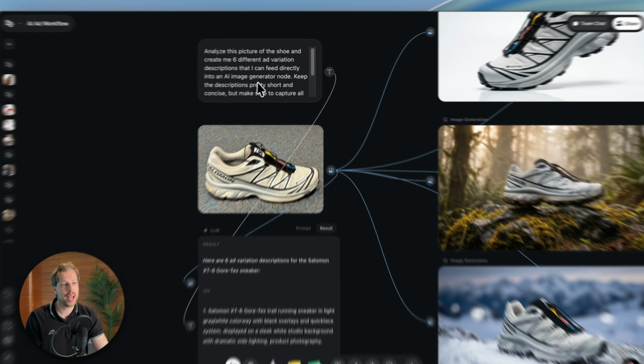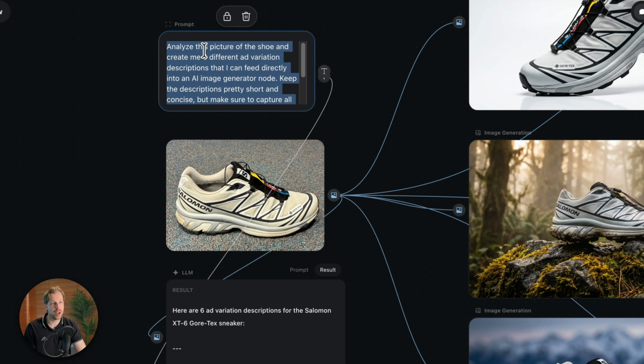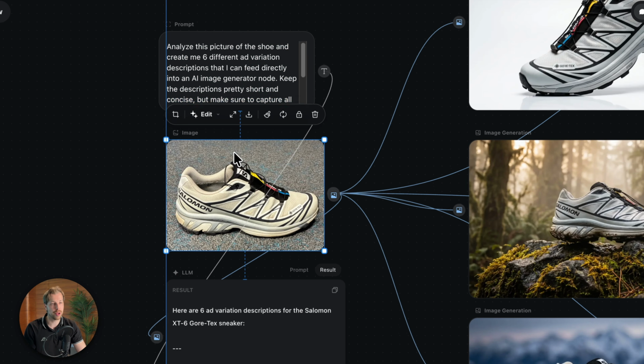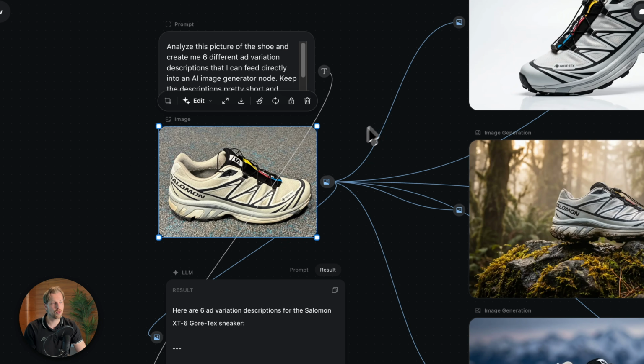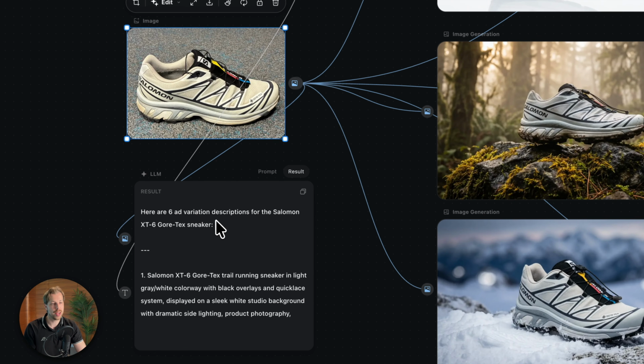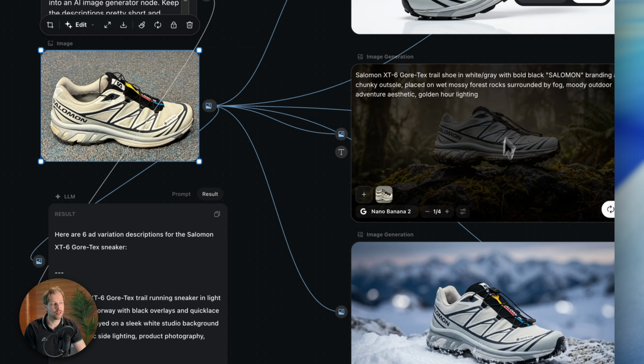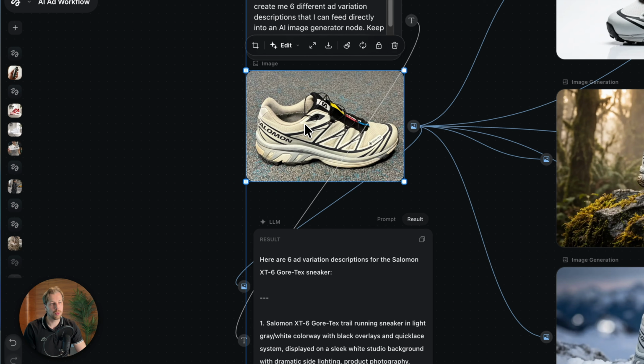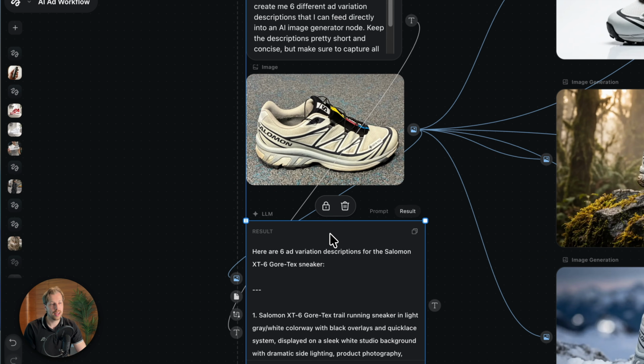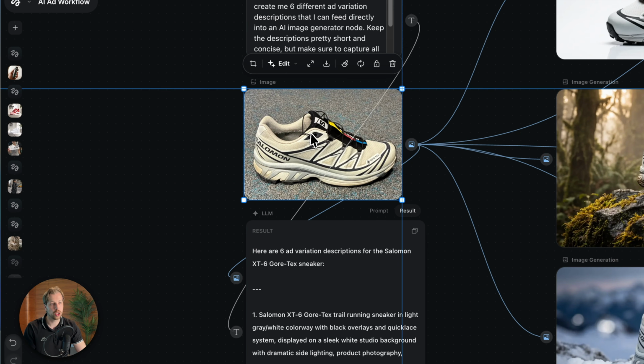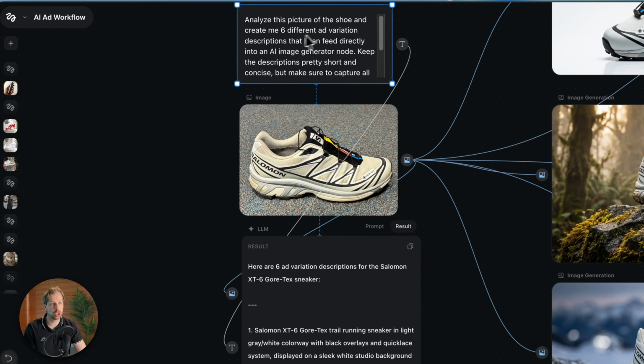So first of all, I added a prompt. I just told the AI to analyze this picture of the shoe and create me 6 ad variation scripts or prompts that I can feed into an AI image generator. So I'm basically just asking for 6 instructions that I can send to AI to create me those pictures over there. Then I also dropped in the picture, and then I connected both this picture as well as this instruction